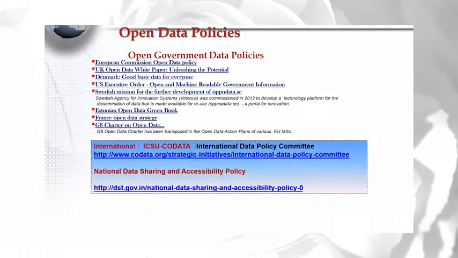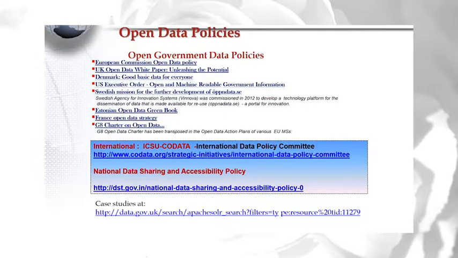Government of India has also come out with the National Data Sharing and Accessibility Policy, and it is available at dst.gov.in/national-data-sharing-and-accessibility policy. You could just have a look at this policy, which has facilitated creation of the national data portals being created, implemented and executed by National Informatics Center, Government of India.